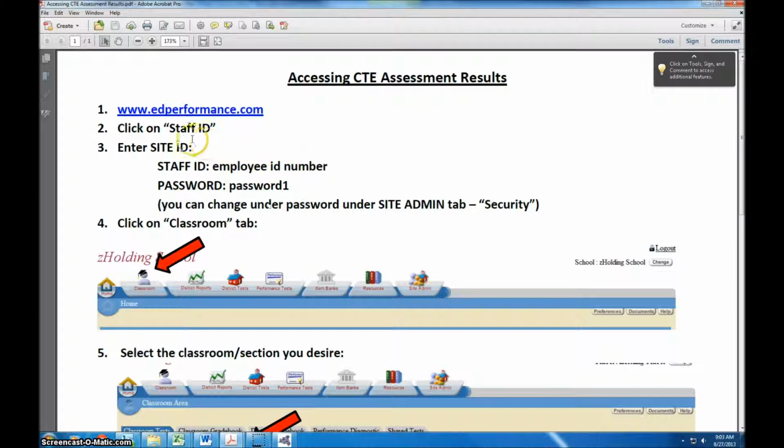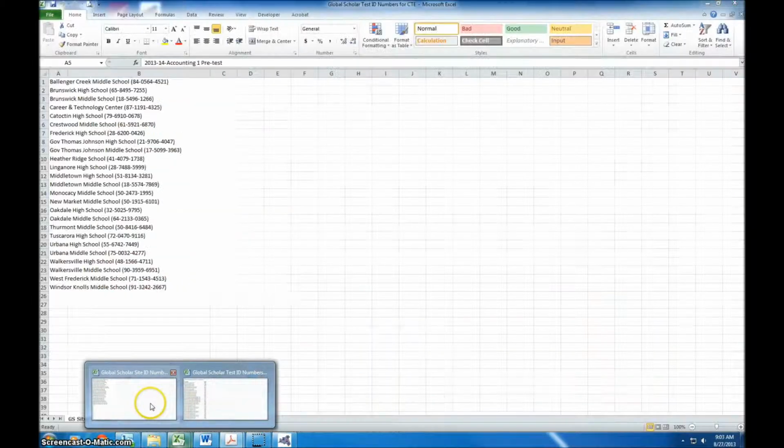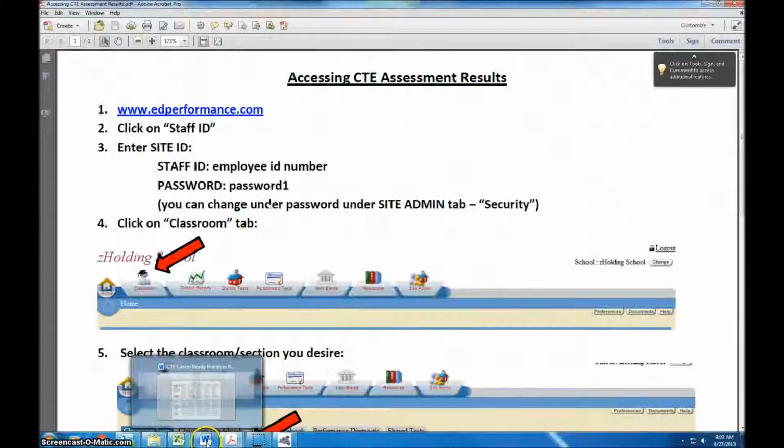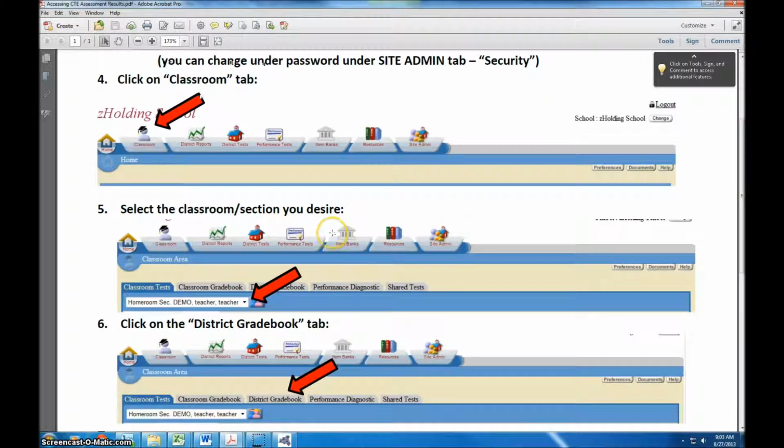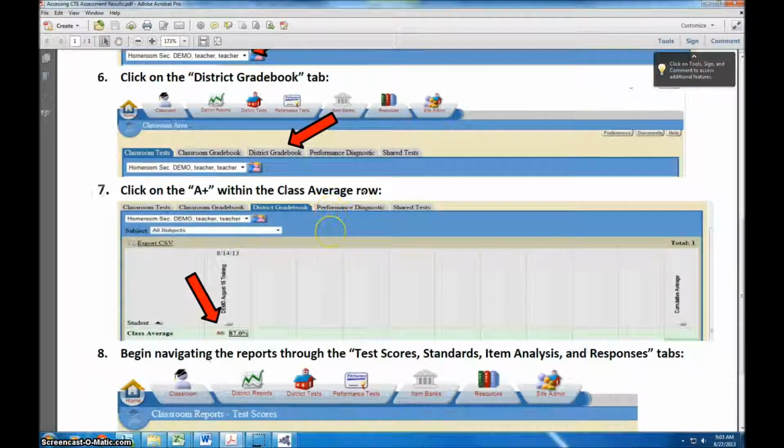You would go to www.edperformance.com, click on Staff ID, enter your site ID, which you can find again on the U drive. Then you enter your employee ID number as your staff ID, and your password will be password 1. You can change this password under the Site Admin tab, Security. Then follow the rest of the directions to click Classroom, Your Section, the A+,